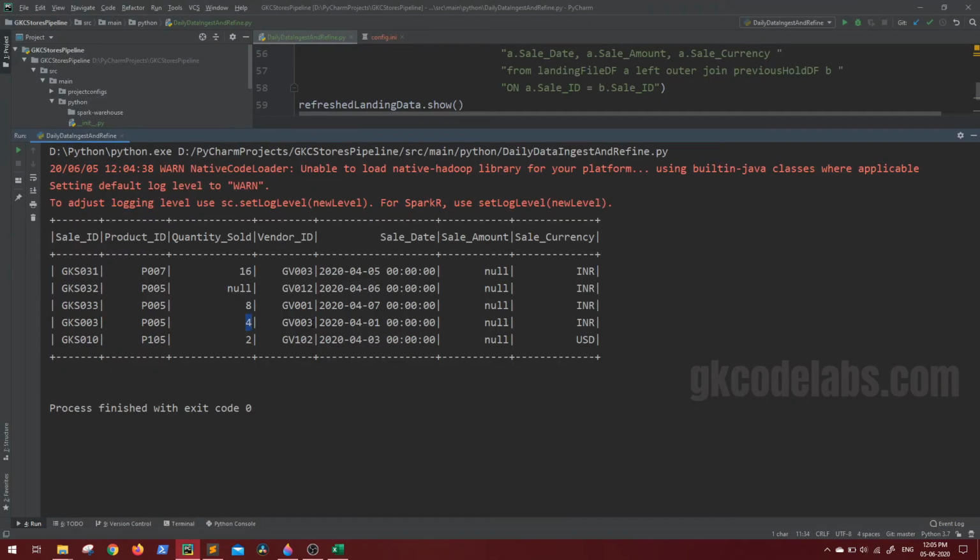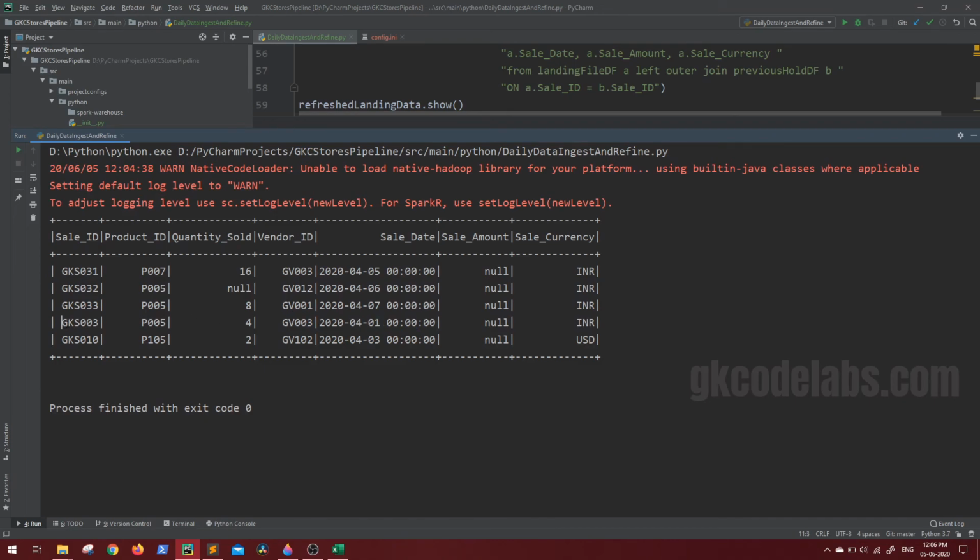And you can see, very beautifully, vendor ID is coming from the previous hold, and in the previous hold the quantity sold was not there. That is why it was going on hold, but quantity sold has been taken from the current date. So finally in the refresh zone for today that we have to read, we have the previous data whatever was matching. So we only received updates for 3 and 10. Along with that, now we have the updates for which it was being held, because that is received today, and all the valid data which was there in the previous day.